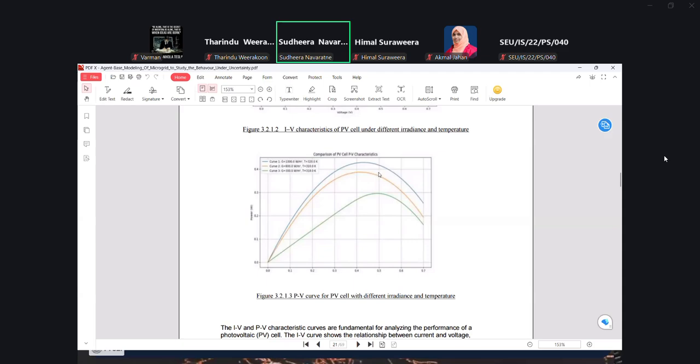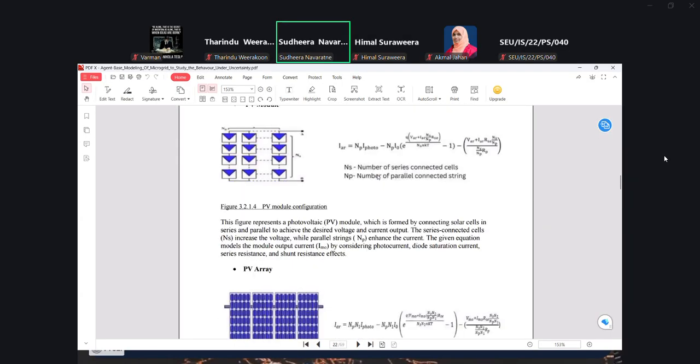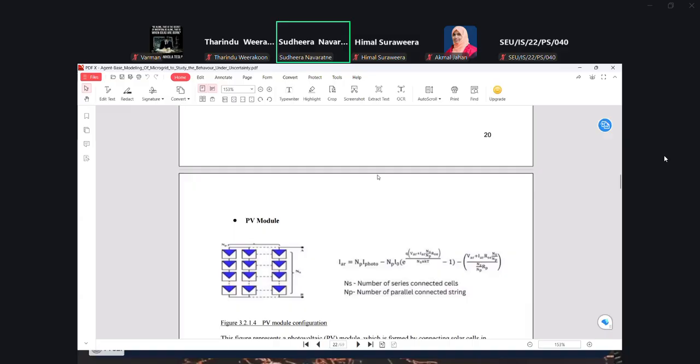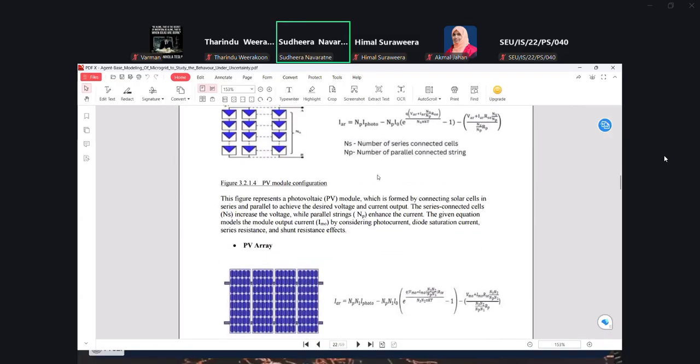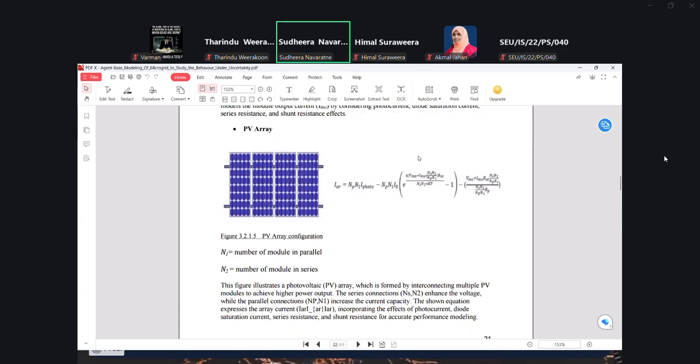But your mathematical models stop at that point and do all the calculation based on the model. When it comes to agent modeling, you go beyond, and you incorporate certain other things, which we will discover later. I will quickly show you the other types. This is from the solar cell to the PV module and PV array, so you can see it's getting more and more complicated.